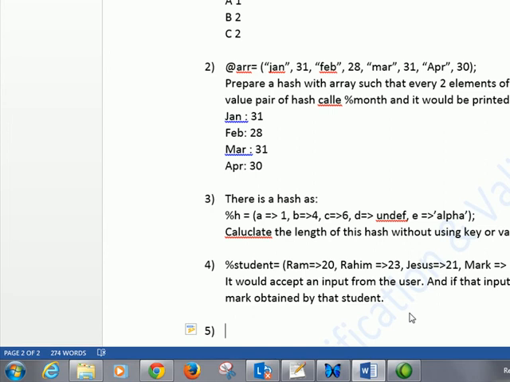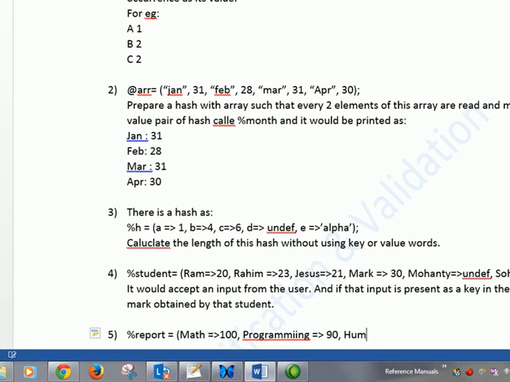Now there is a %report hash which contains math 100, programming 190, humanities 60, art 40.